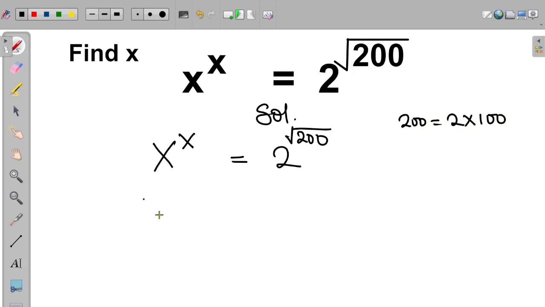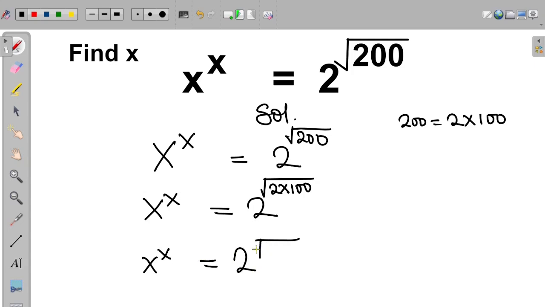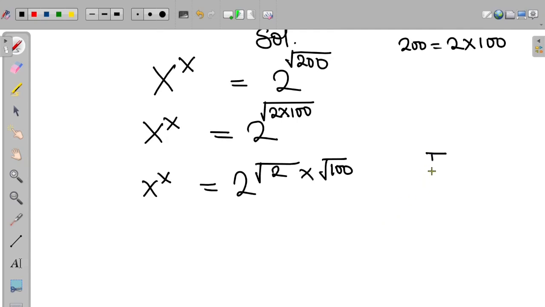So therefore, we have that x to the power of x is equal to 2 to the power of root of 2 times 100. So we have it that x to the power of x is equal to 2 to the power of root 2 times root 100. So note that root 100 is equal to 10. So therefore, the equation becomes x to the power of x is equal to 2 to the power of 10